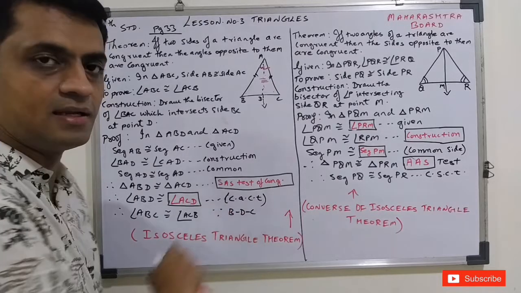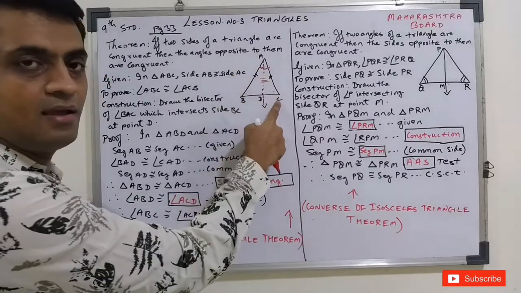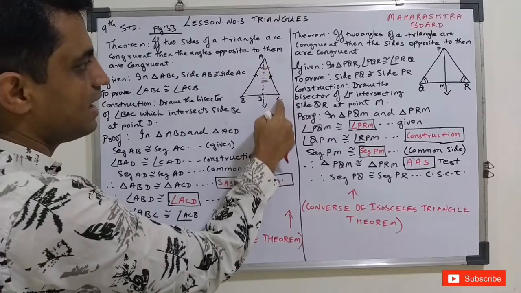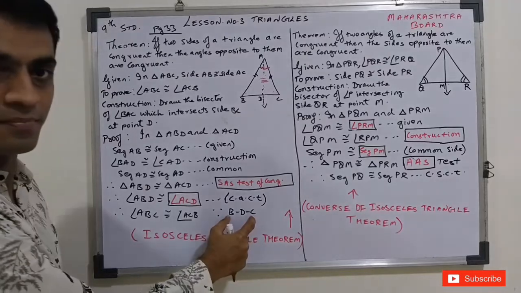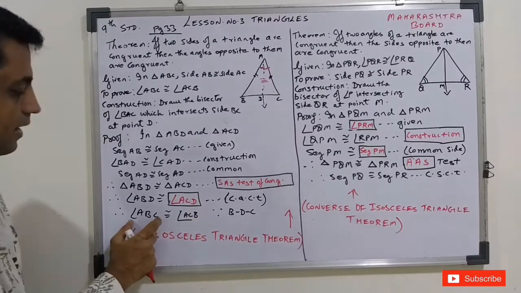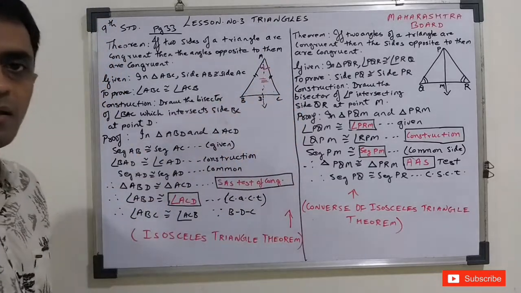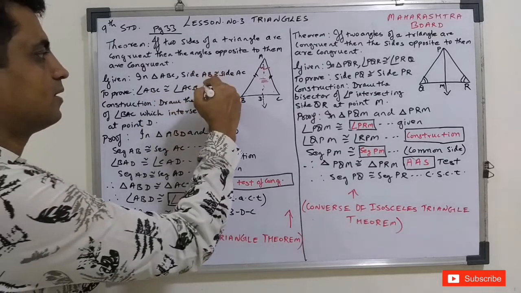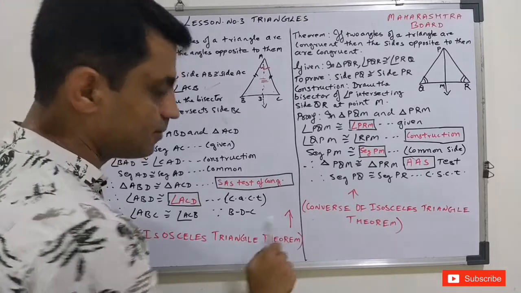It means CACT. Now instead of ABD we can write ABC, because the points are collinear. And instead of ACD we are writing ACB. Same, the meaning is one and the same. So that is what we had to prove, that angle ABC is congruent to angle ACB. Hence it is proved. This is called the isosceles triangle theorem.